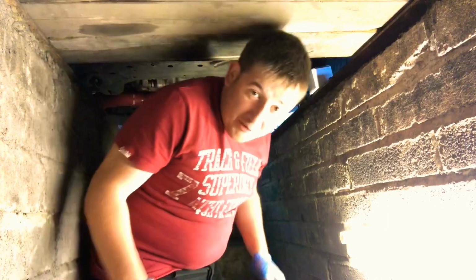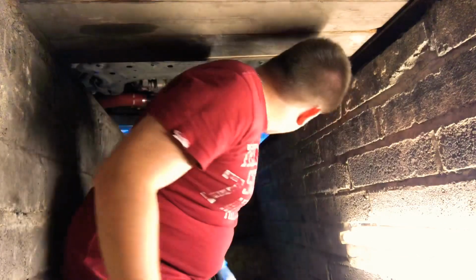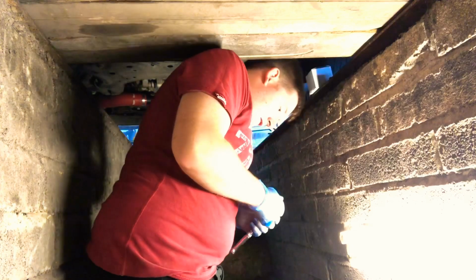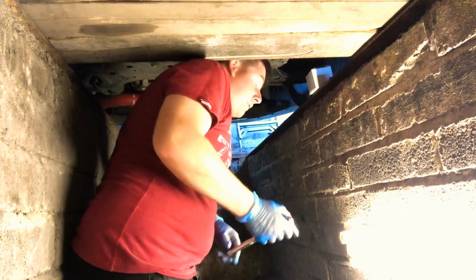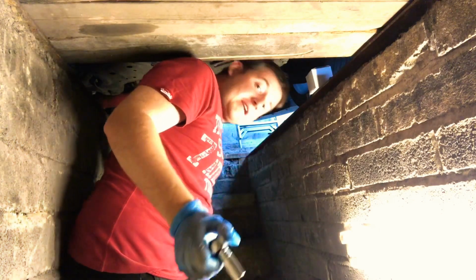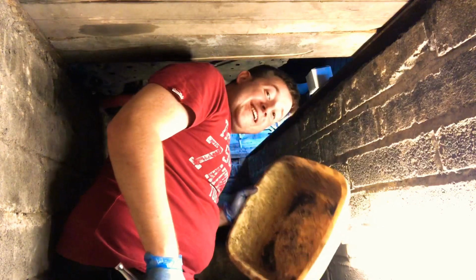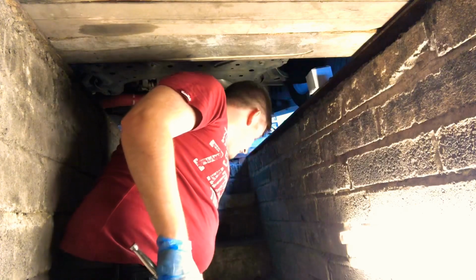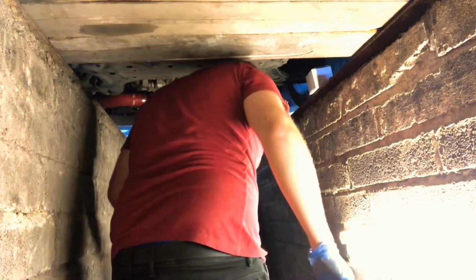Okay then guys, you join me down in the pit. I know it's not the most pleasant place in the world, but it serves its purpose. The standard sump plug is a 13 mil, but the magnetic one provided by Puma Speed is a 14, so do bear that in mind when you get your tools out. Always have your bowl ready to catch the oil, and gloves are recommended for obvious reasons. What I'm going to do now is release the oil, and let's see what colour it is